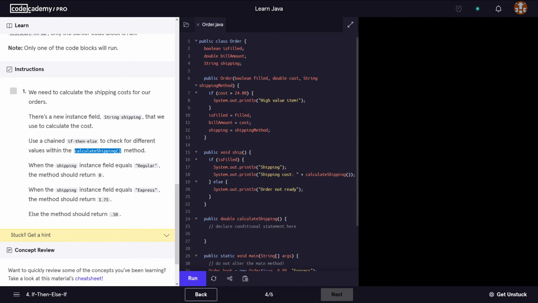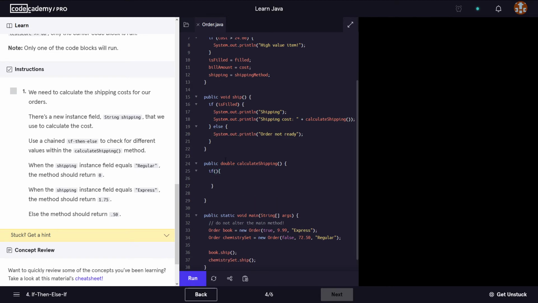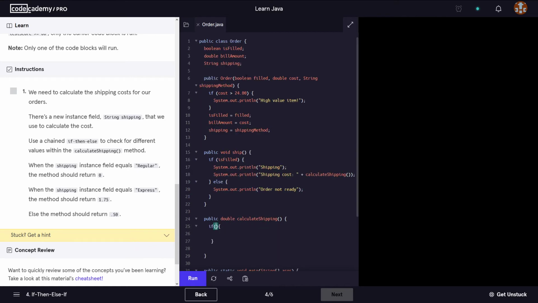So we need to go to the calculate shipping method, which is here, and we need to do something. So we need to check if the shipping is regular, so if our shipping equals to,